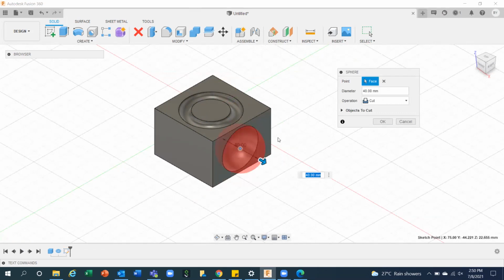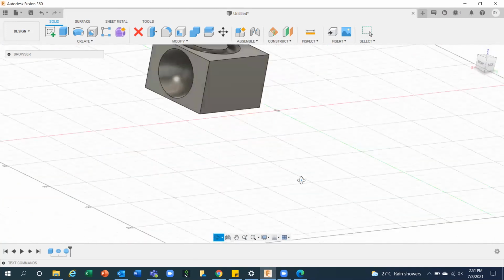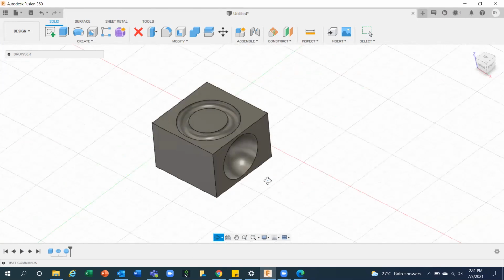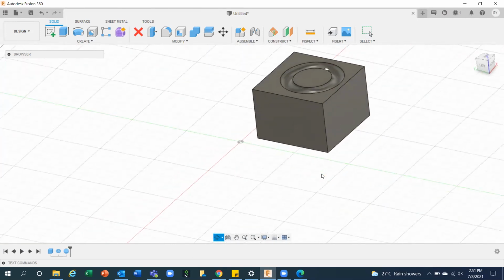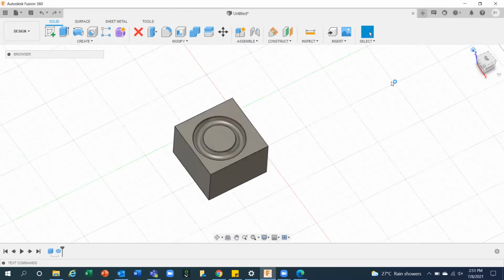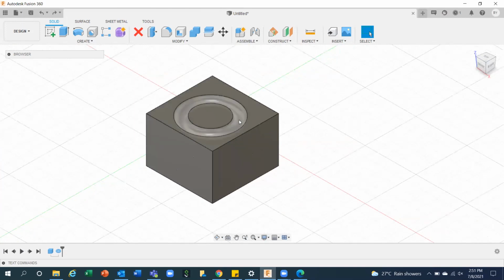Whenever the software finds interference between two materials, it will automatically suggest that this operation should be cut. You can click OK. So whatever shape you want to create, you can create. You can also try this approach for creating some blocks or small simple things.